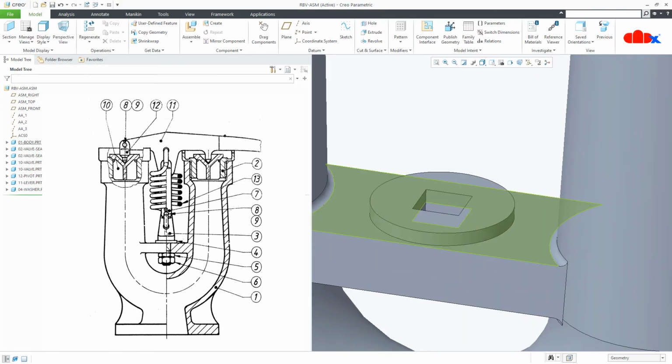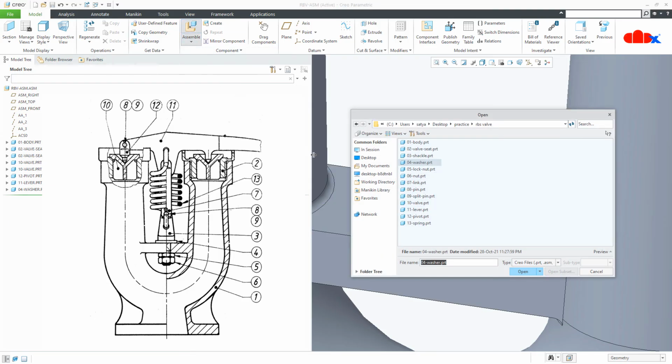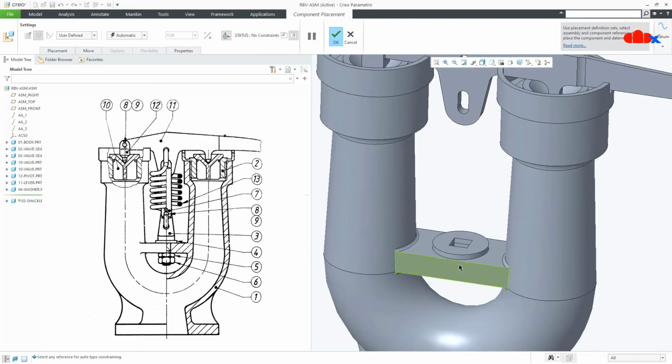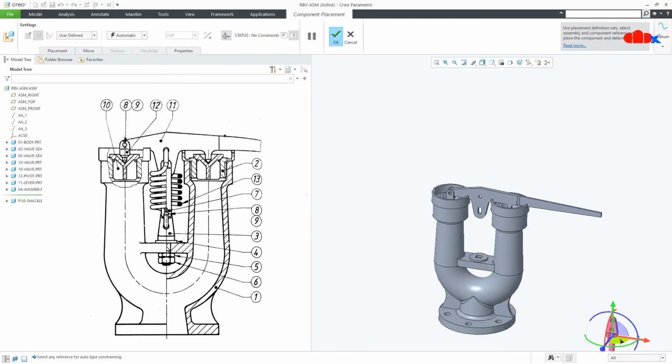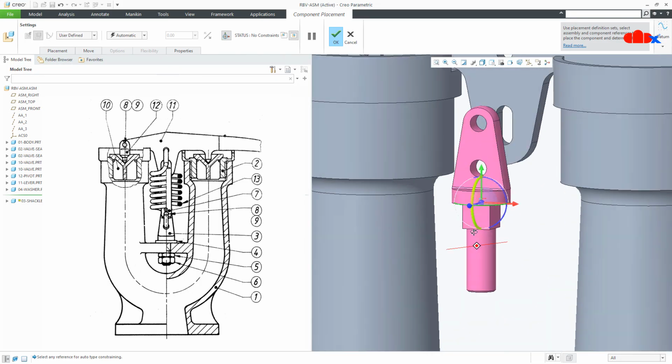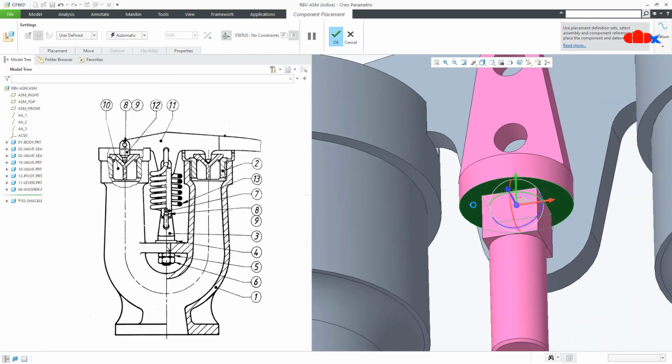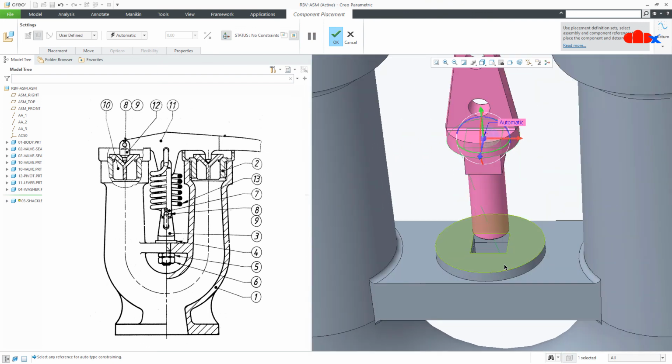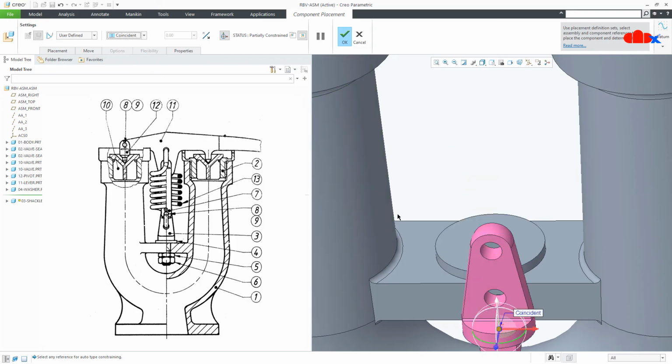Now the next part is this one, which is part number 3. So go to assemble, select part number 3, circle, open it. Now you first select this face to this face, make it coincident.